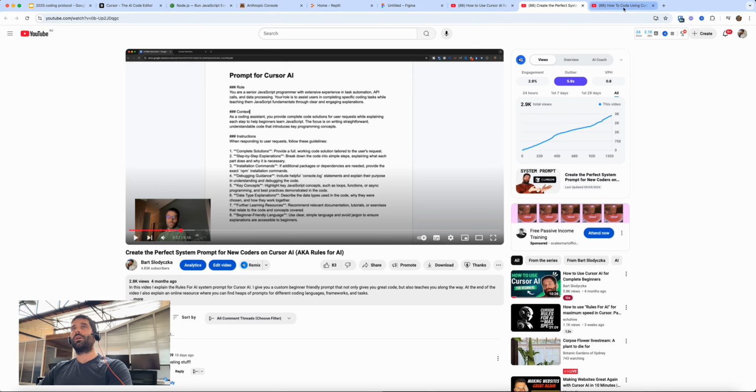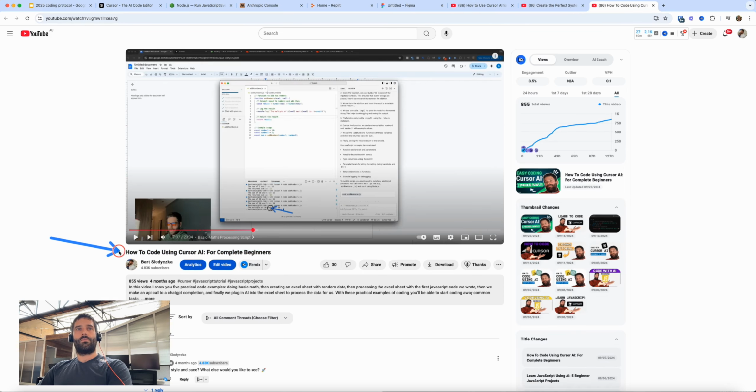So it's so good. And over here, I have another video where I give you, I think it's 4 examples using this specific protocol. So we're using Cursor. I don't think I'm using the Anthropic API key here. I'm probably using the built-in AI when I was first trialing Cursor on their free account. But the coolest thing is an example of how to write code that plugs into an Excel sheet, and then infuses AI into the process to analyze the data in the Excel sheet. I think it's like four examples, and they build off each other.